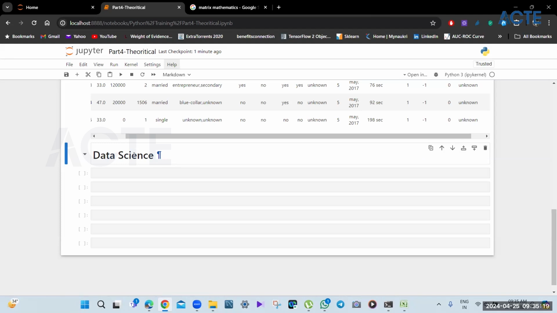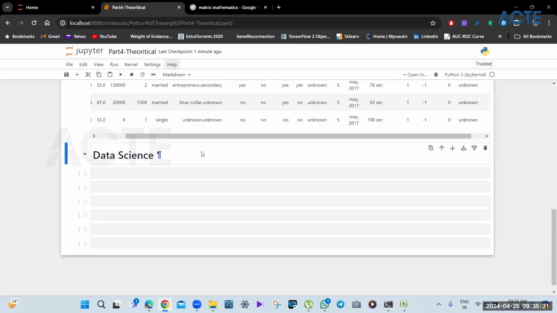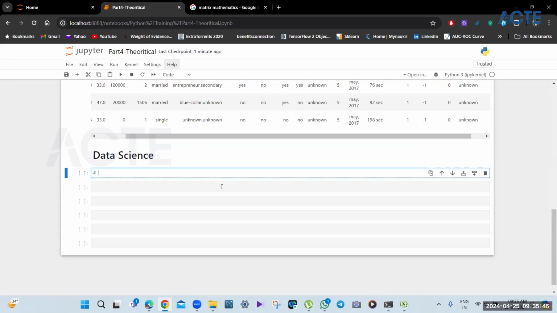What is life science? Science which deals with life. So what is data science? The science which deals with data. Now data can be in different formats. That is a debatable issue that we will talk about later. But whenever you are doing anything related to data, you are trying to interpret it. You are trying to understand what this data is talking about. You are trying to find some hidden meaning from the data. That is what data science is all about.